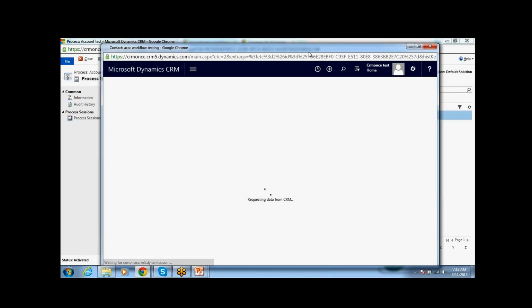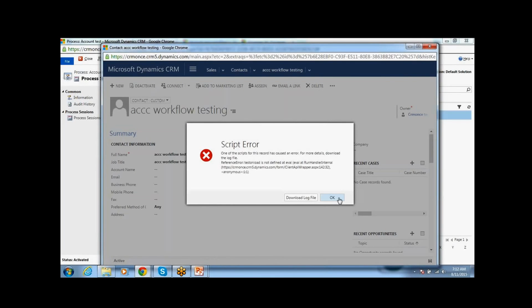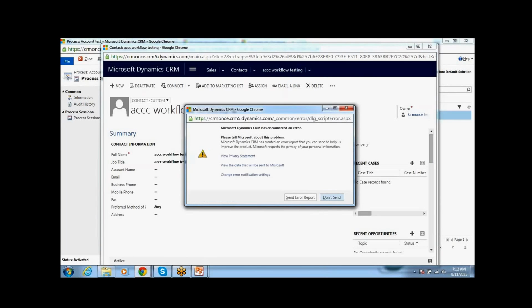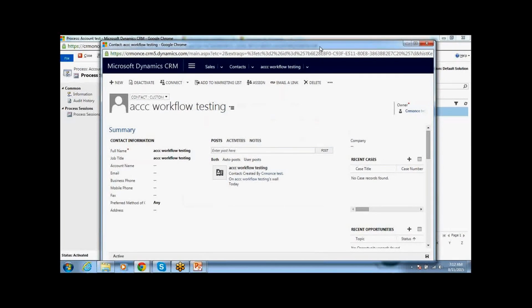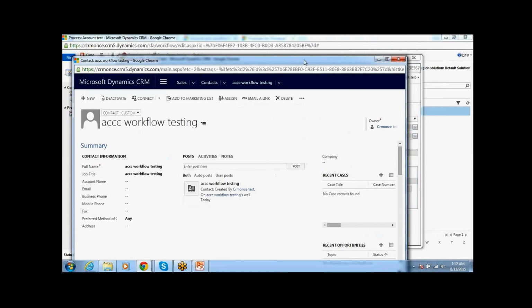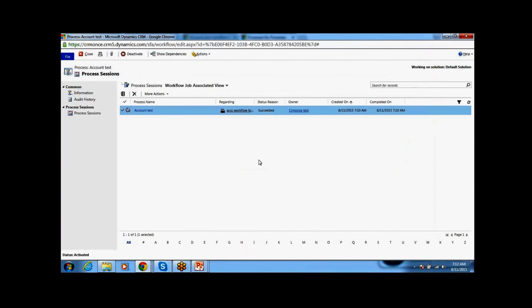This is the contact which got created with this workflow. So this is the simple workflow.